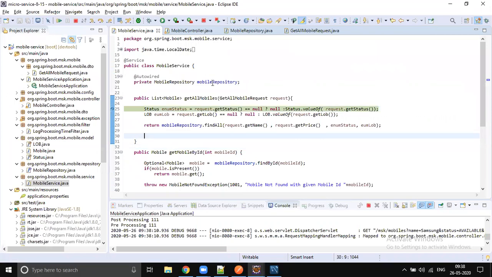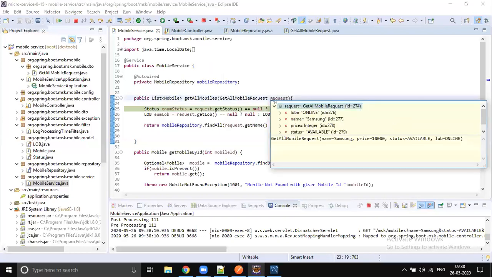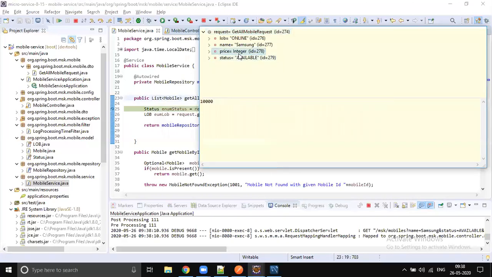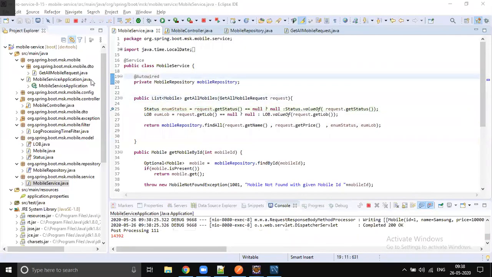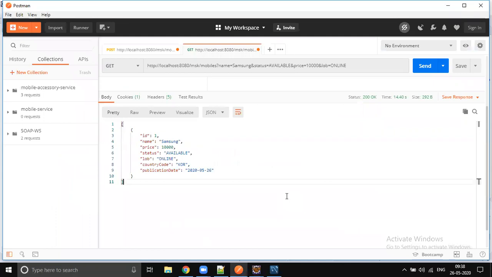Yeah, you see now LOB also will be populated. Available, price, Samsung and online, right? There we go. You get only one by matching all the filters. Okay, so this is how we implement the filtering concept